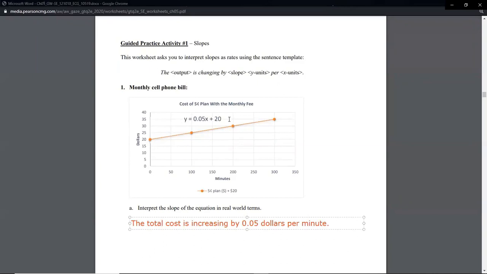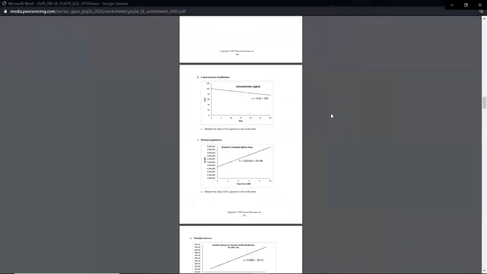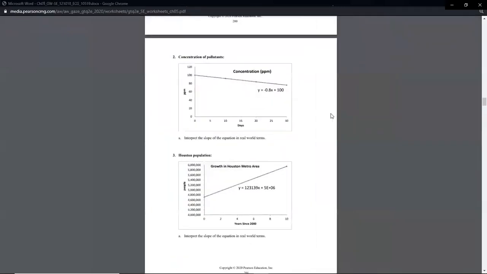All right, so in the 6 or 7 minutes we have left, let's try and knock out these other two. Now, what I could have done is I could have given you that sentence and then asked you, as well as the fixed amount, and then you could come up with the equation, you could graph it. You can go either way. I can give you the equation and the graph and ask for the sentence, or I can give you this sentence. I also have to tell you the fixed amount, and then you can build the equation and the graph. All right, let me see if I can get both of these on screen at the same time.